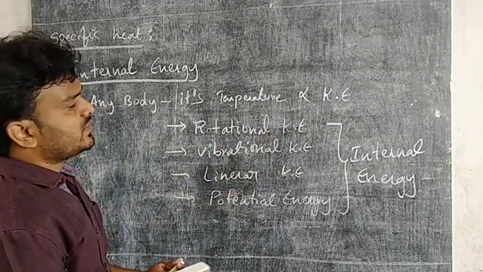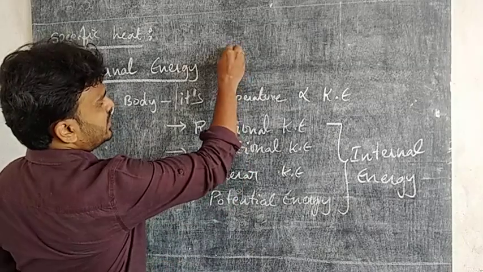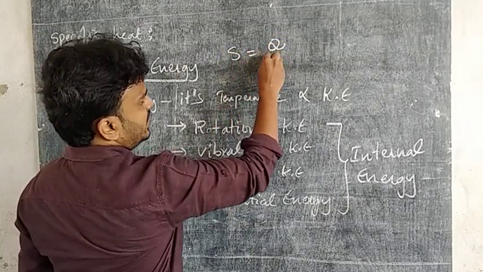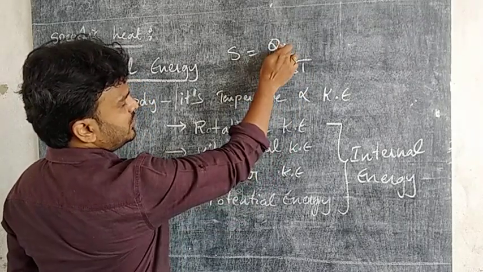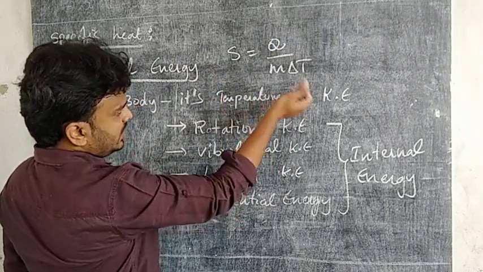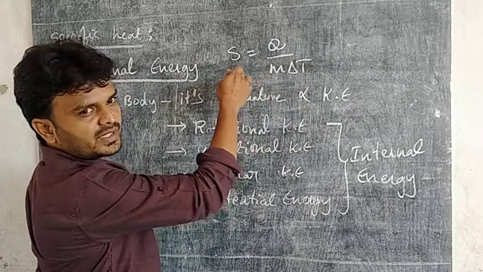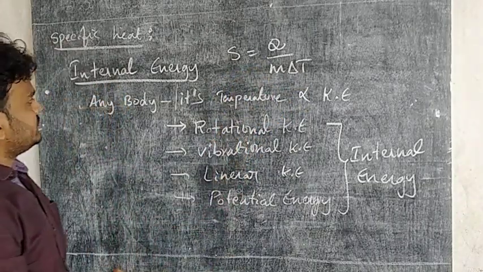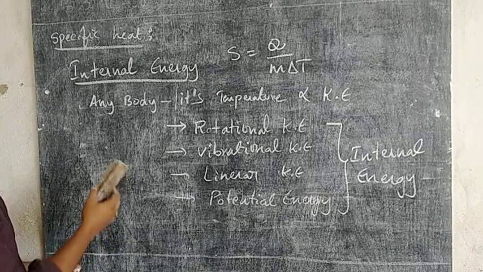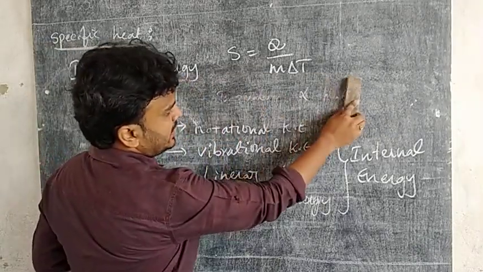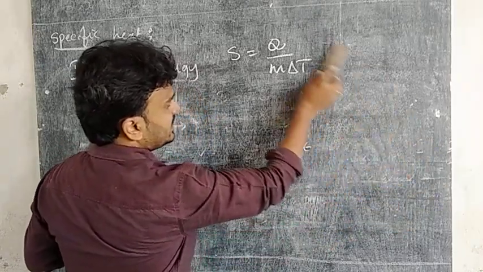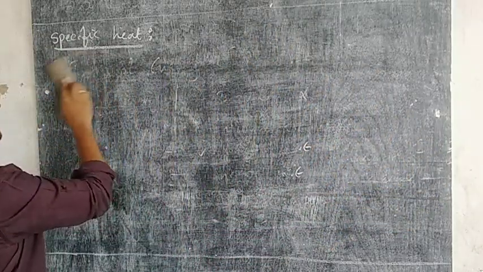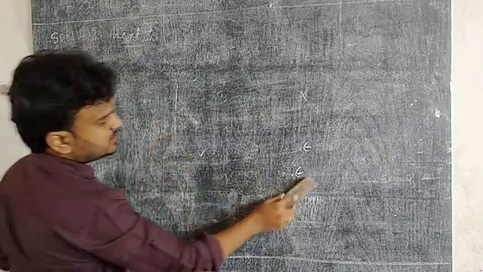By knowing the specific heat formula, we can derive different terms. That is, specific heat is equal to Q by m delta T. If you know the other values, you can derive the specific heat from the given formula. These are the points about specific heat and its importance, and how specific heat varies from one substance to another substance. Now we have an idea regarding the specific